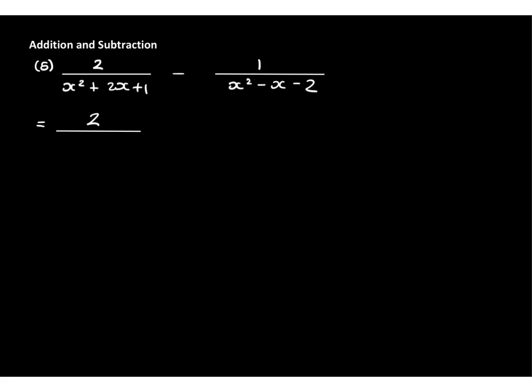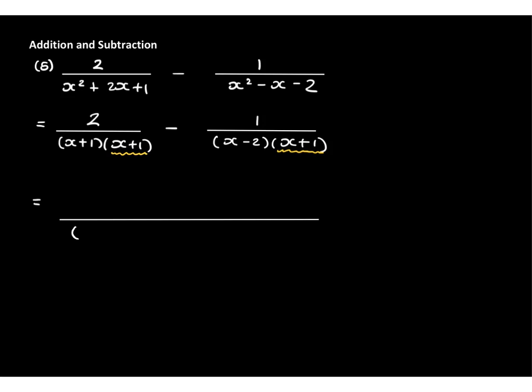So on the left-hand side, we can factorise the denominator as this, and on the right-hand side, we can factorise the denominator as this. Now, hopefully we can see that both of these have a common factor of x plus 1, which means that we can create an overall common denominator